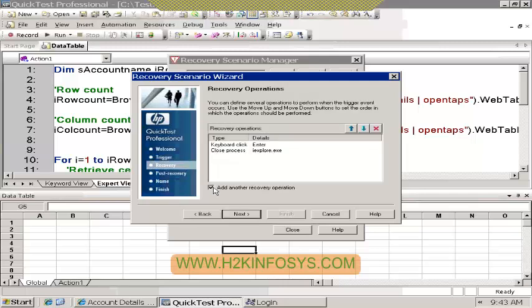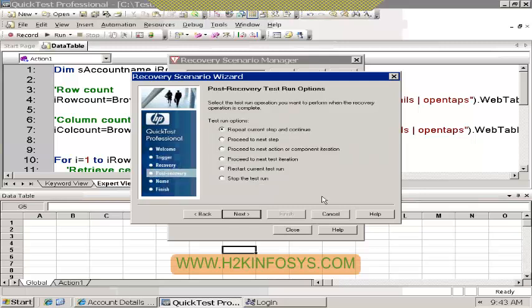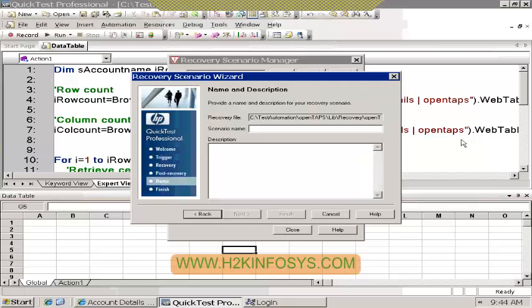Click next. And then I have to uncheck this because I am done with the operations. So click next and this is the post-recovery scenario. So what do you want to do with the script? Okay, I want to go to the next iteration, pretty much in this case. Because if you are handling any test data related issues, obviously you will get more volume of data, more number of rows. So on that particular row I have a data problem, but I want to proceed to the next row in my script. So that is proceed to the next test iteration, click next, and then,